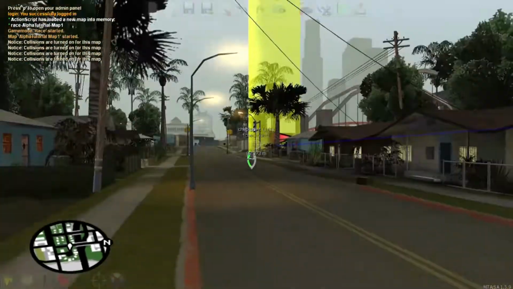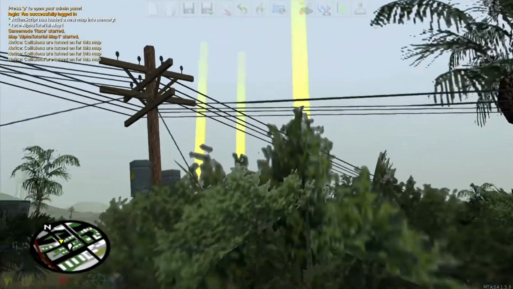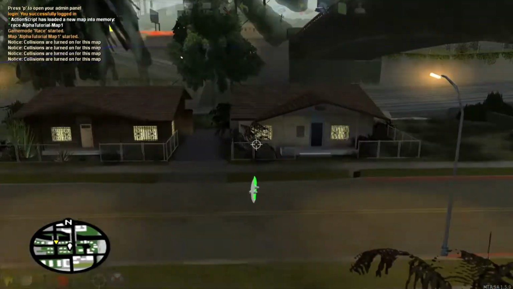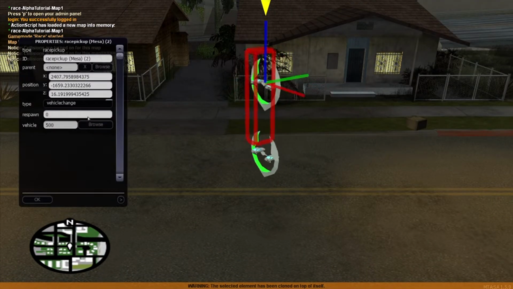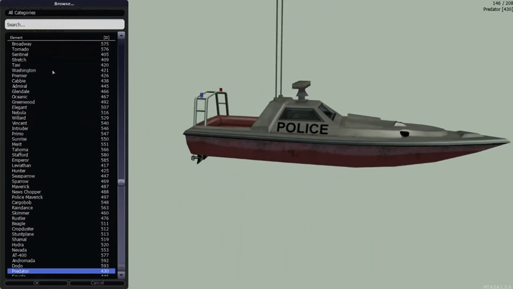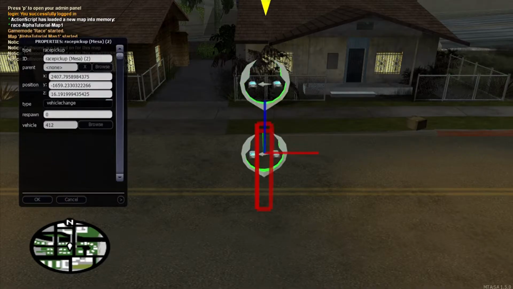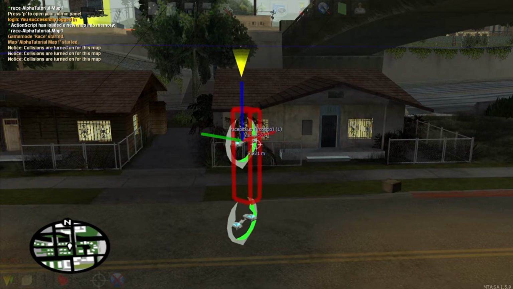as I showed before, even if you place the vehicle change here on the checkpoint, or if I do it here. So for example, this is an old trick of the game. I change with, I don't know, this. Okay. I want to show you